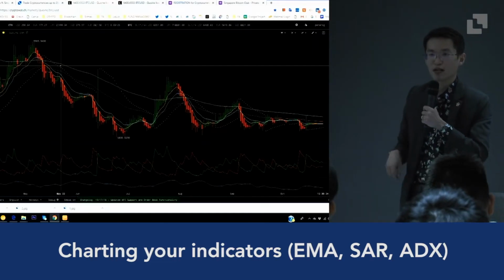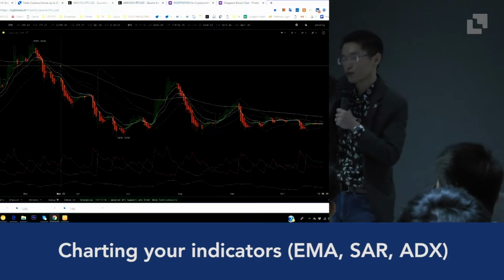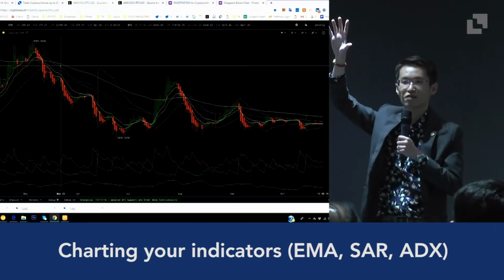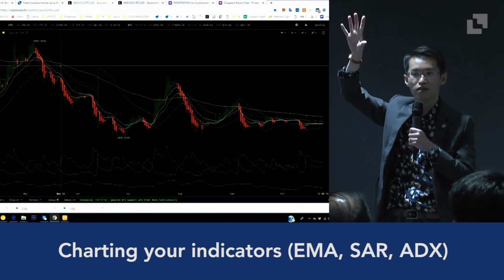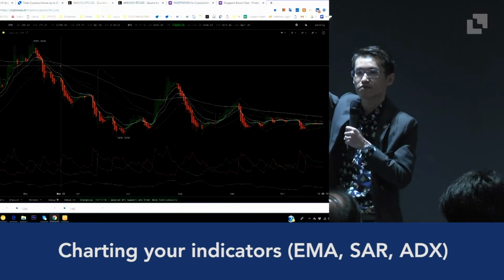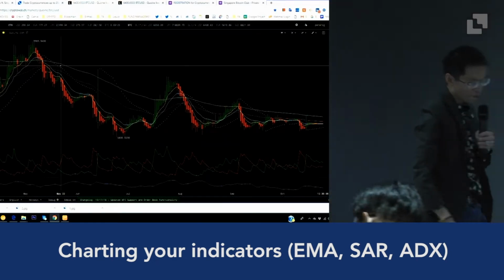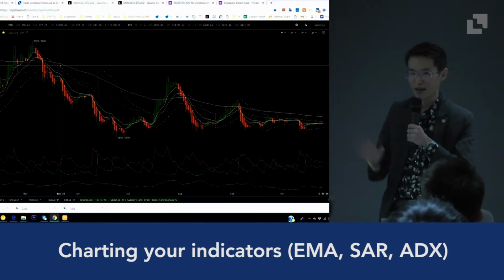Okay, just now when I shared 3 indicators, can anyone just shout out what's the first 2 that I shared? EMA, right? Second 2? SAR. The last one? ADX. Okay. So I'm going to remove everything from the chart and I'll manually add them in so that you all